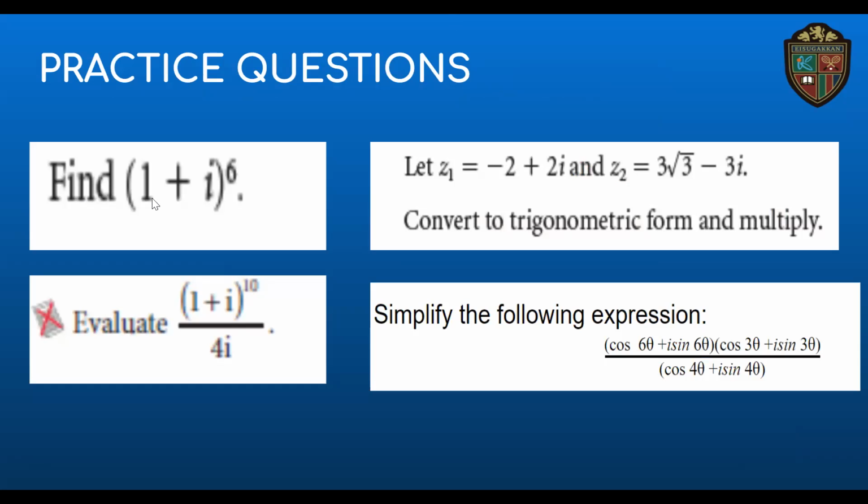Now, let's say, for example, for this one here, we can expand the Cartesian form of this complex number by multiplying 1 plus i to the power of 6, meaning we are going to multiply 1 plus i six times. But it will be easier if we use the trig form and apply De Moivre's theorem in our solution. It will take us less time to find the answer and also avoid making mistakes. So for example, for this one,